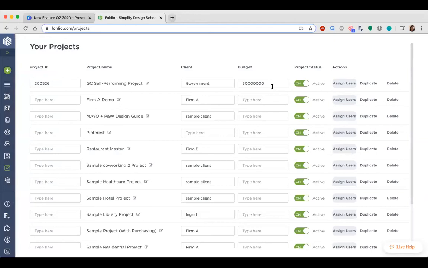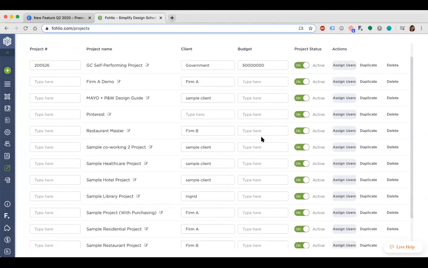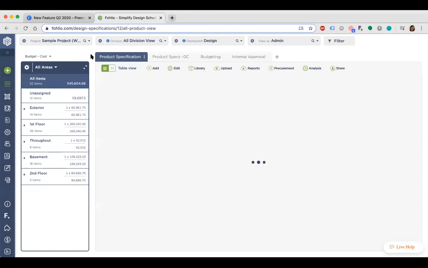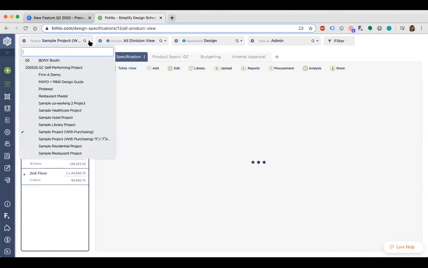So now if you are creating a new project, there is a field for you to input the budget for the whole project. And for an existing project, you can go here in the project editor and add some budget here. So how it will work is that the total project budget information will show up on the top of your